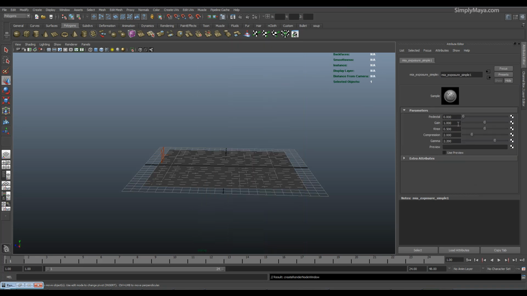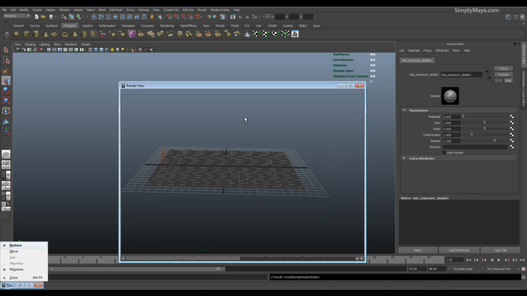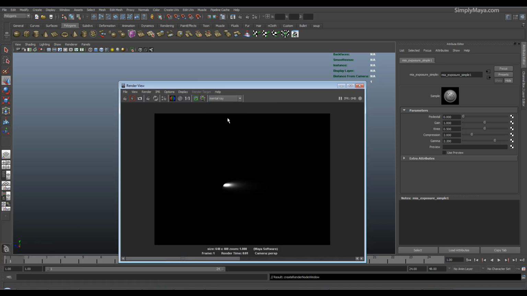The reason I use the simple one is I prefer to do this in post-production. Gamma correction, compression, the f-stop and whatnot. I prefer to take care of that in post. All I'm trying to achieve here is to have a render view that looks as it should. So let me just pop that onto mental ray,